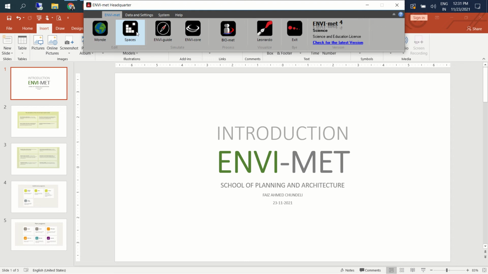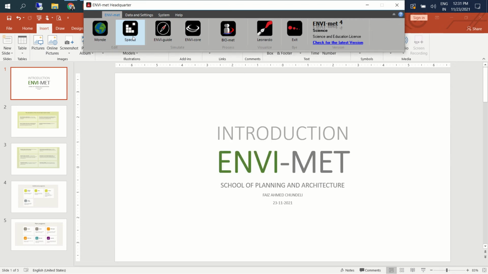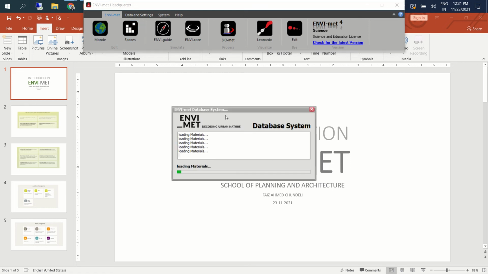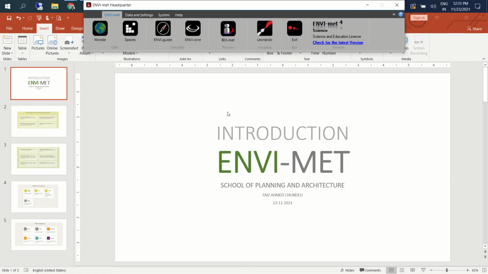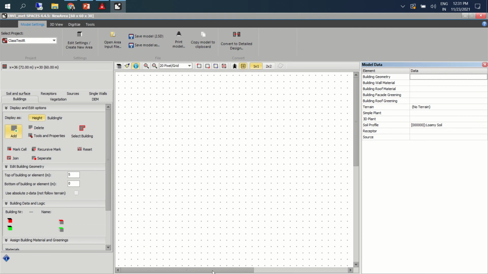The second tool is what we are interested in. We click on Spaces. This is the interface that you get as soon as you click on the tool Spaces. This is the modeling platform where we have to model the urban areas, the neighborhood, or the site that we are interested in.